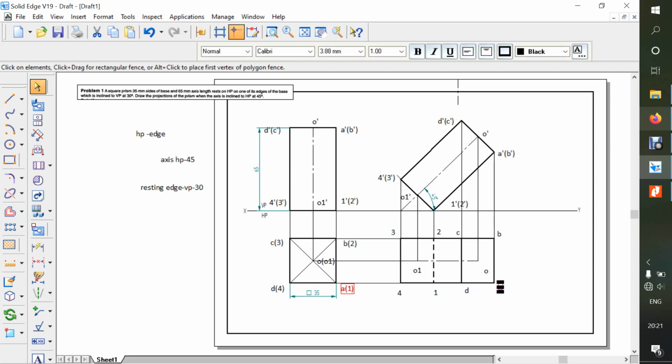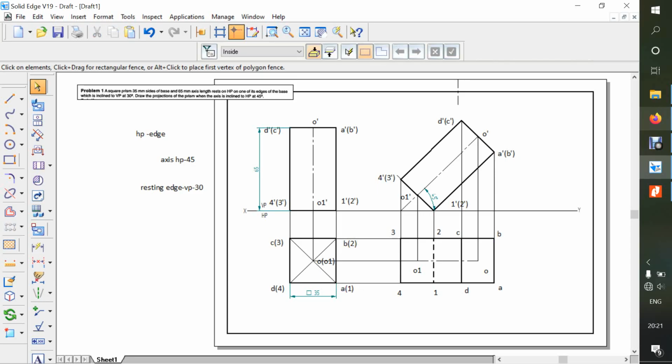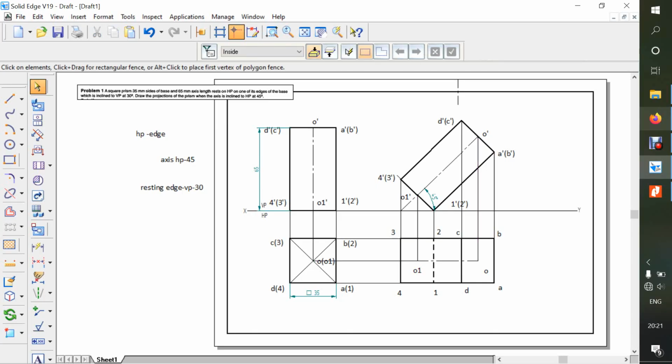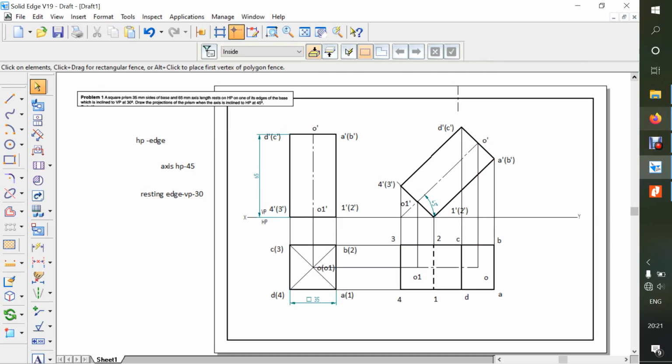So this is A corresponding to the A, this is B corresponding to the B, and this is C corresponding to the C, and D corresponding to the D. Okay, and 2 corresponding to the 1, 4, 3, and O1 on the same line. So O1. So you can see this is O and this is O1. Okay, so this is how exactly we can finish up the second position.